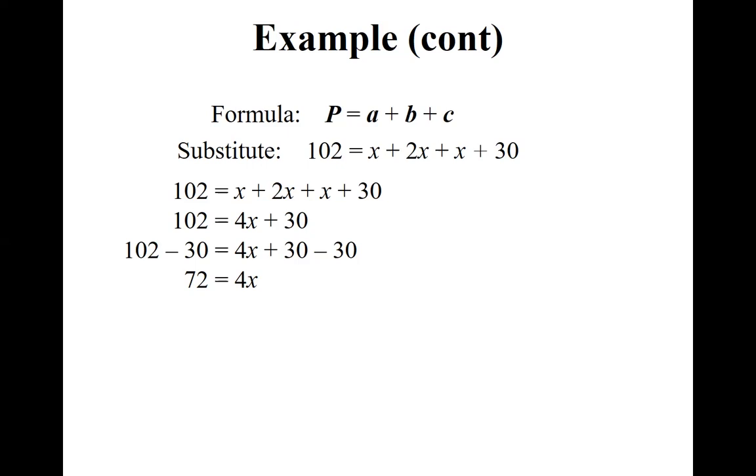We want to get rid of multiplying by 4. We do that with dividing by 4. We do that to both sides. 4 over 4 cancels away, leaving us with X. 72 divided by 4 is 18. So our side lengths